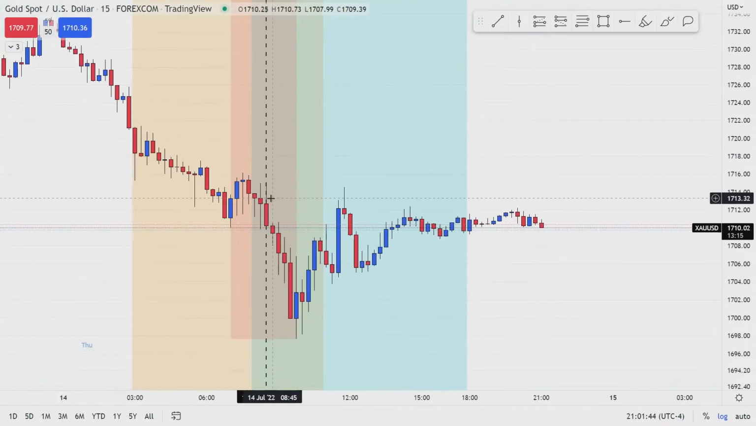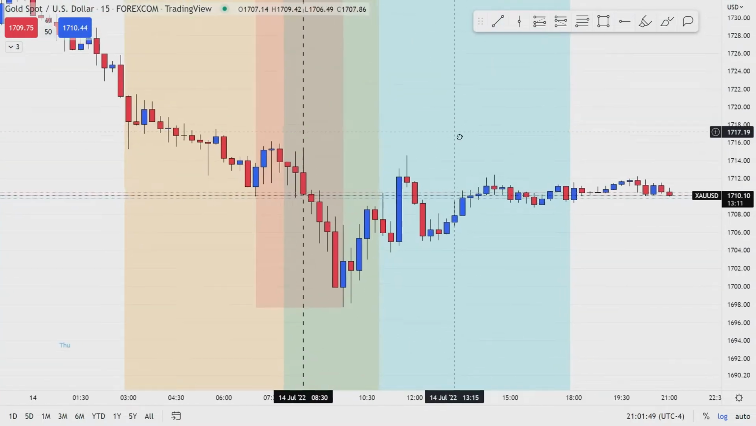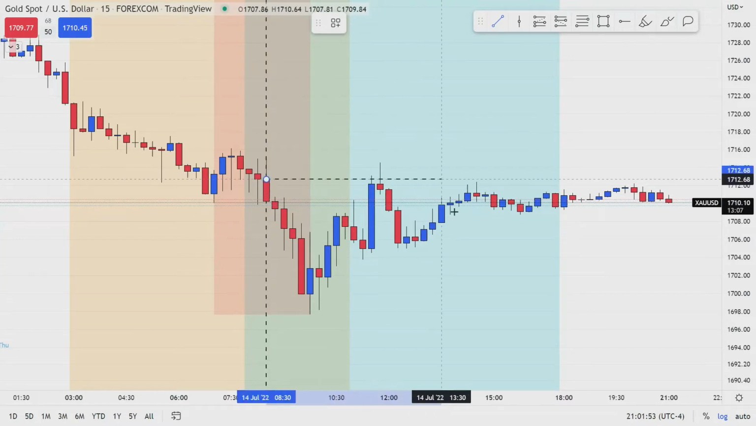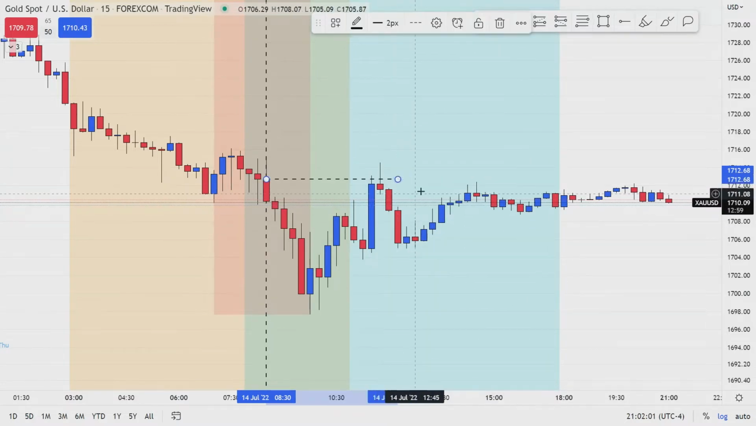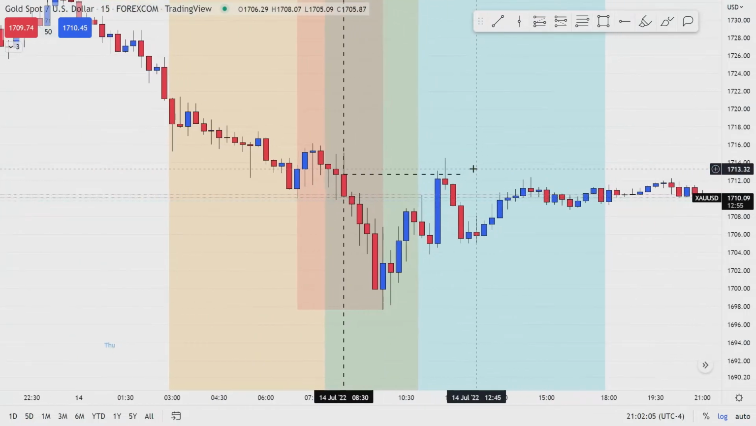So at 8:30, I'm going to mark the 8:30 opening horizontally and vertically. So let me just start at the vertical line, or the horizontal line actually. And the thing about today was that at 8:30 when price opened, I was looking for a sell, and the